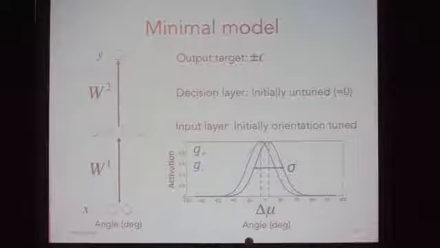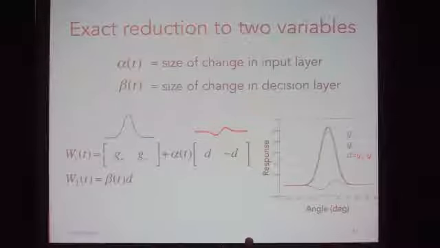Just to note, these bell curve tuning curves are not Gaussians, they're not parametrized. You can put in whatever you like there, and the model will give you predictions. When gradient descent is acting, it can change any point on this curve. And yet, even though we have all this flexibility in the model, the simplicity of the task means that we can still get an exact reduction. We can take the full gradient descent dynamics, but reduce them to just two scalar variables.